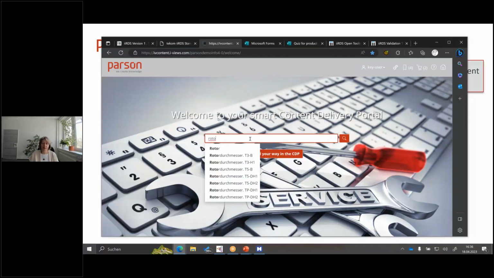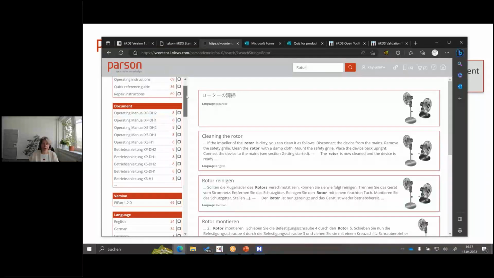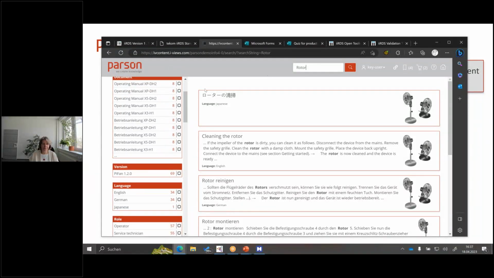So the first thing is that we can start typing like in Google and find concepts based on the iiRDS vocabulary. And then because the full text search is based on the concept and not on the languages, we find topics in 3 languages that actually deal with the rotor, the Japanese, the English, and the German. Because it's not looking for the term, it's looking for the concept. And here on the left, you can see,